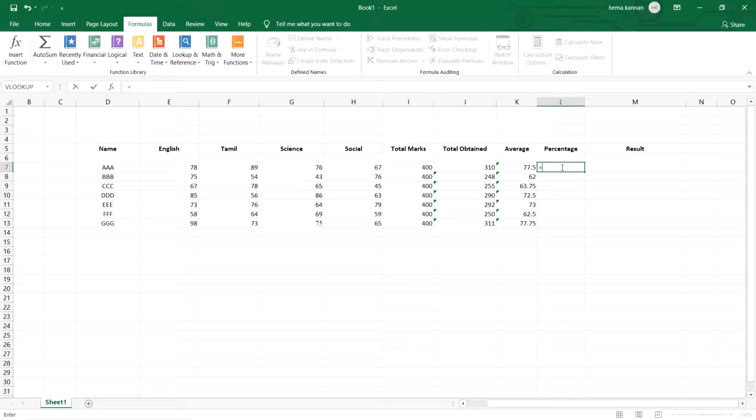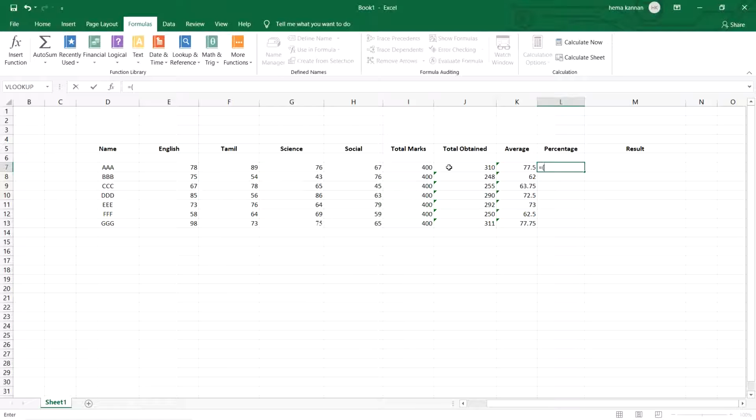Equal to total marks obtained, that is the cell J7. It is good practice to use brackets, not only in Excel, but also when you are calculating formulas for your own personal purposes.